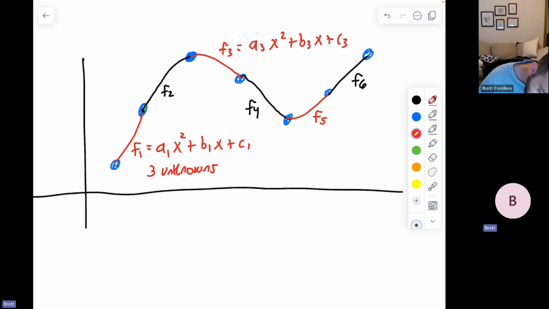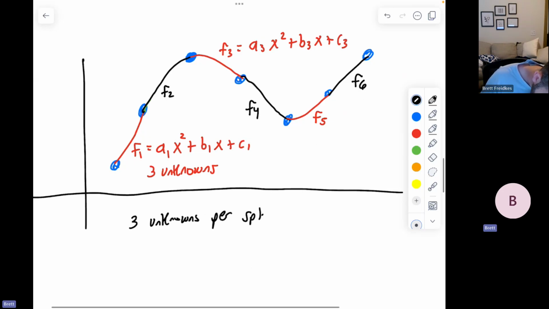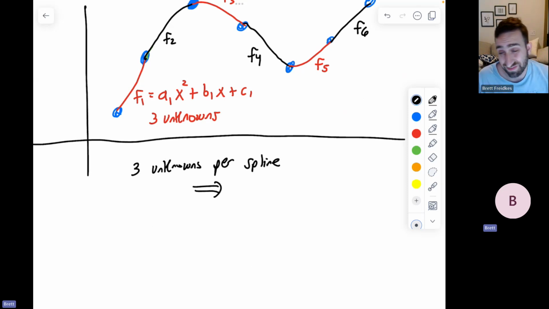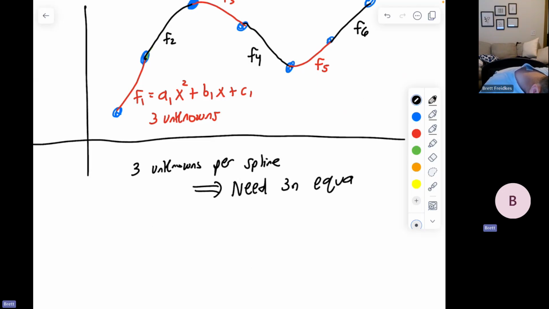There are all different coefficients here. We have 3 unknowns per spline. And in this example, we have 6 different quadratic functions. That would mean that we need 18 equations to solve. 6 by 3 is 18. But in general, what we'll say is that we need 3n equations,